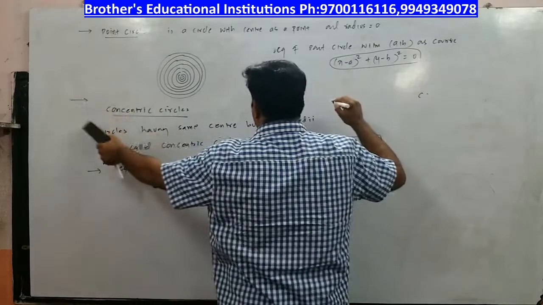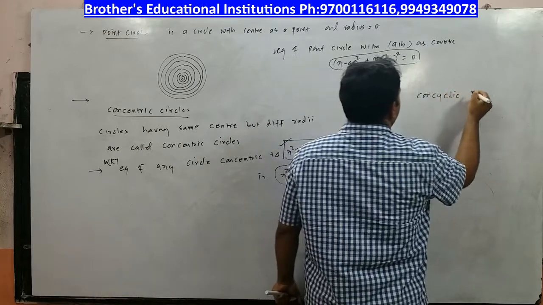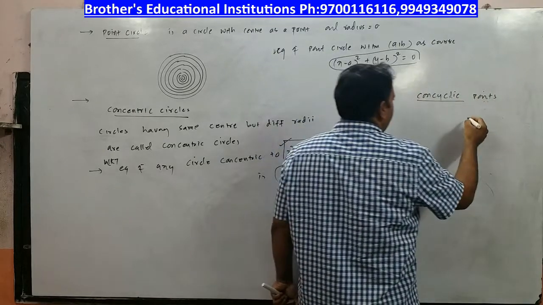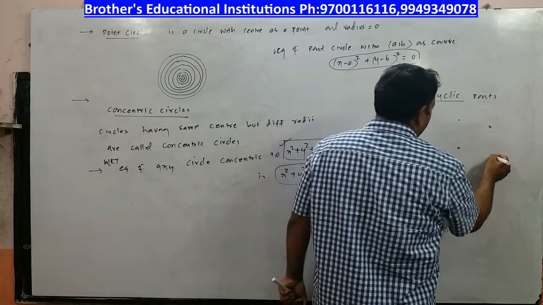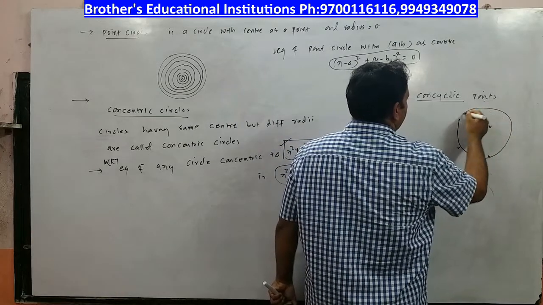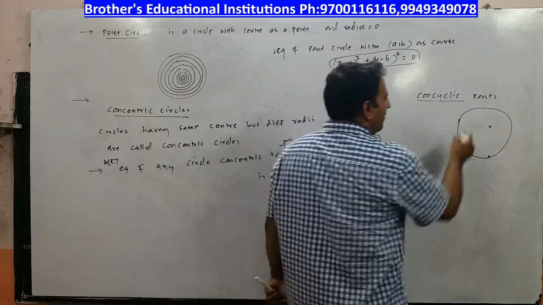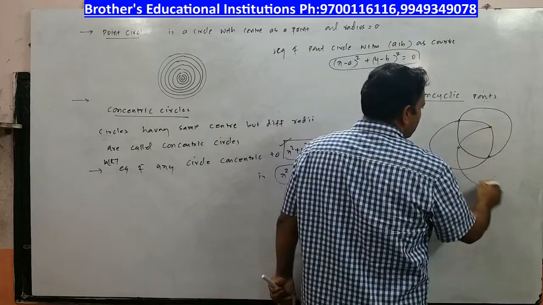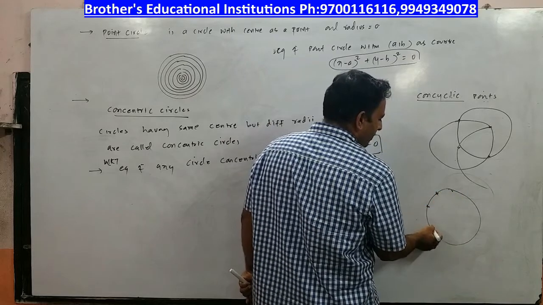So one is a point circle, concentric circle, and one more is concyclic points. Now this is in relation to points. If I take this point, and this point, and this point, and I am able to draw a circle, I can see 3 points are lying on the circle, the 4th one is not lying. I will try my best from this side. Here the 3 points are lying, not possible. I am trying from this side, not possible. But it may so happen, I may have this point, this point, this point, and this point.